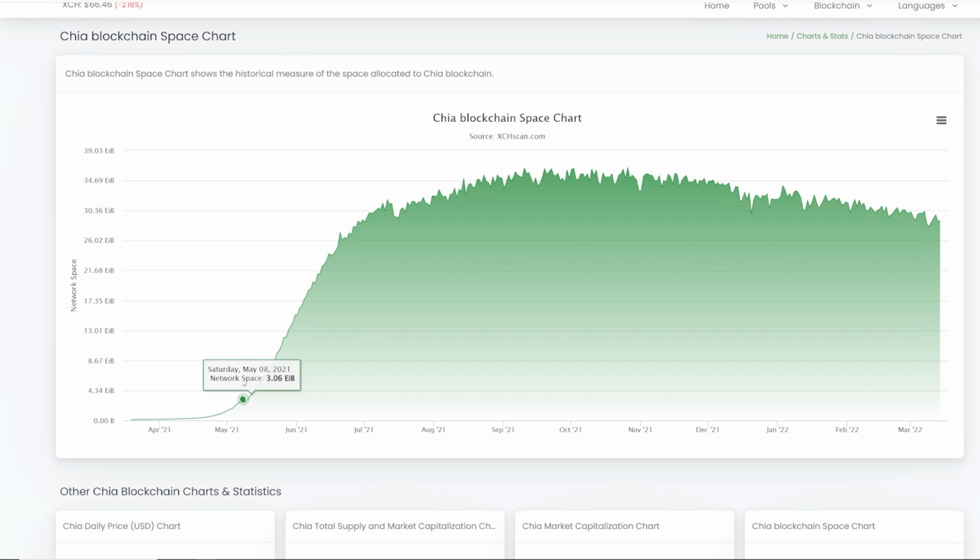Is this in exabytes? I believe it is. But anyways, going down, you can see that the net space is going down and down and down as people were getting less and less interested in XCH, in Chia. And like I said, for me personally, I was one of those guys, as I never really cared to keep up with it.